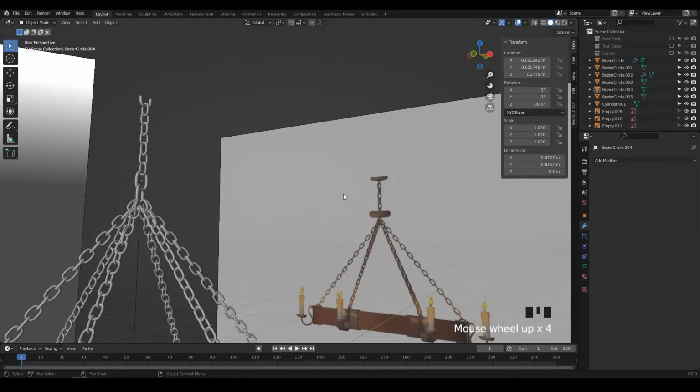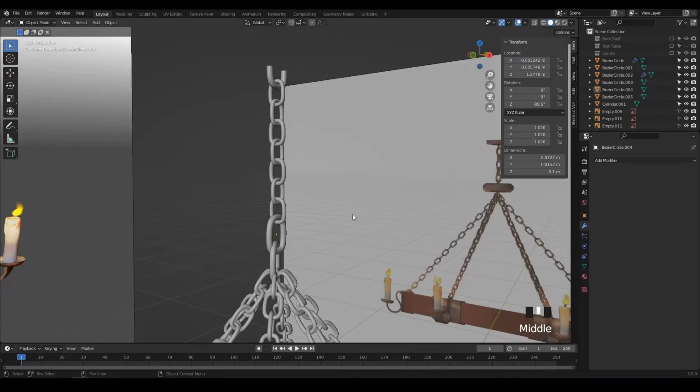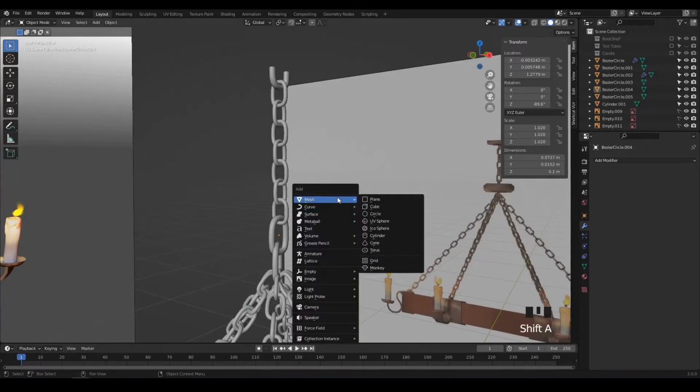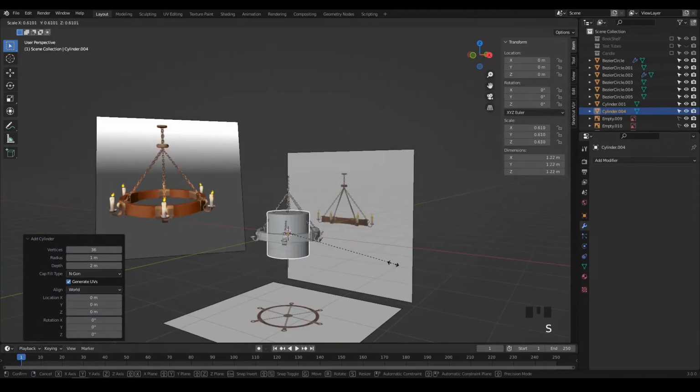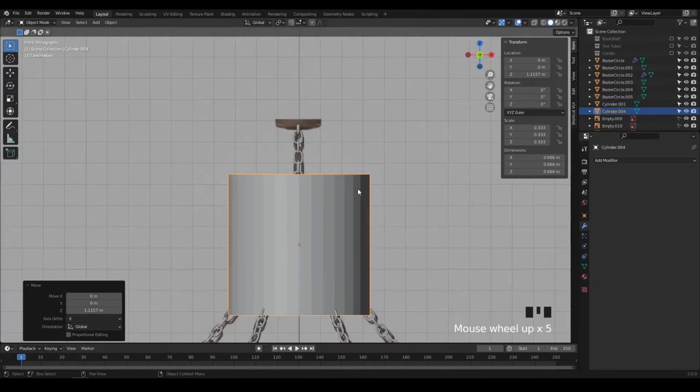And now we've got two objects here. What I'm gonna do now to model them is adding a cylinder. Okay, that will be roughly the shape of the object I want to do,